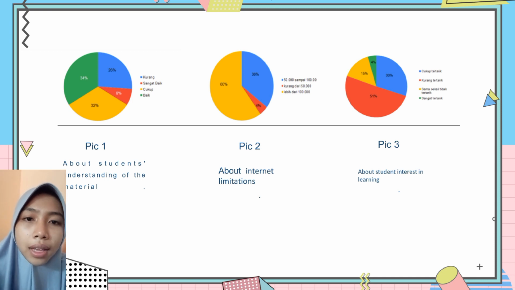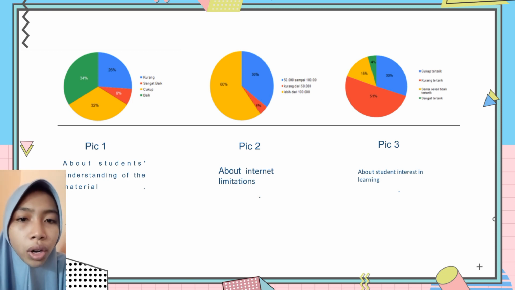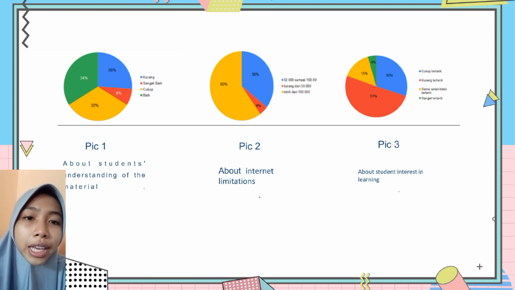As a form of support, the government encourages Rumah Belajar to be prioritized to cooperate with public broadcasting institutions like TVRI and RRI so that this IT-based learning system can still be used when there are problems with the internet network. And teachers can attract students to take part in learning, such as by using interesting media and giving a lot of motivation and others.